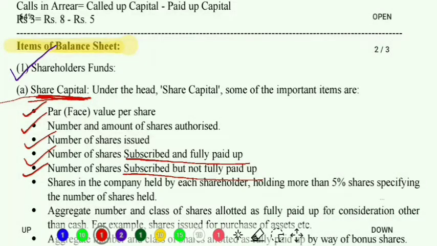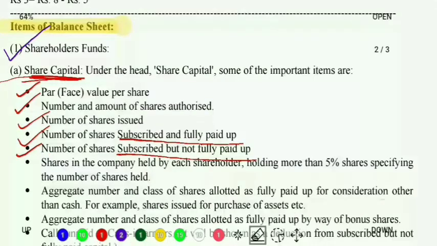This is why previously I have discussed the types of capital with you, because under types of capital we have clearly discussed the subscribed and fully paid up capital, and subscribed but not fully paid up capital. Okay, because I knew that these terms will come up over here, and in case I did not discuss them with you, it would create confusion in your minds. That is why I have previously discussed them. Clear?